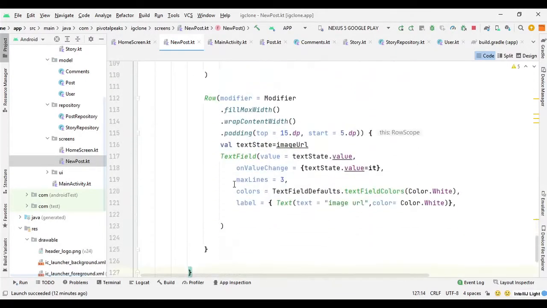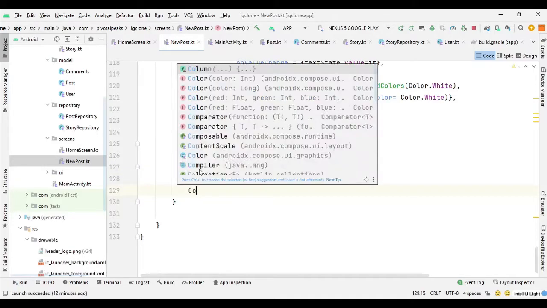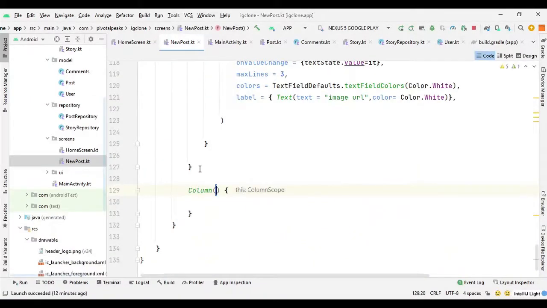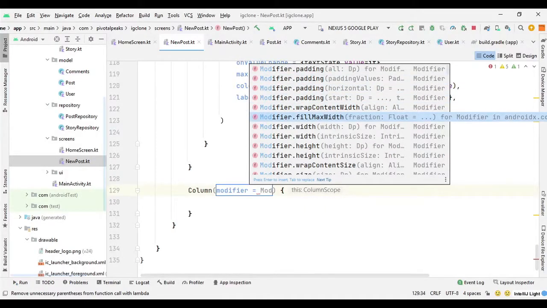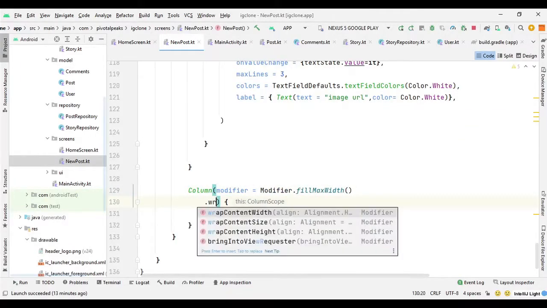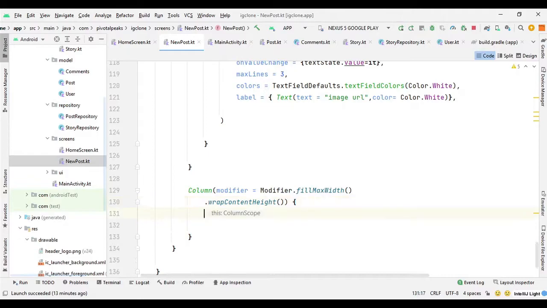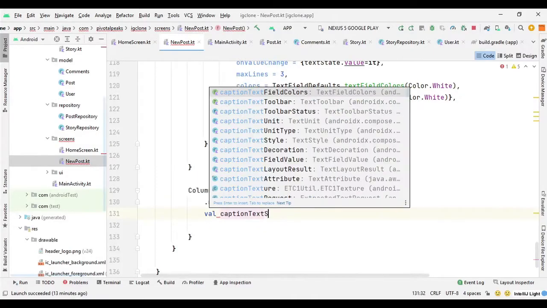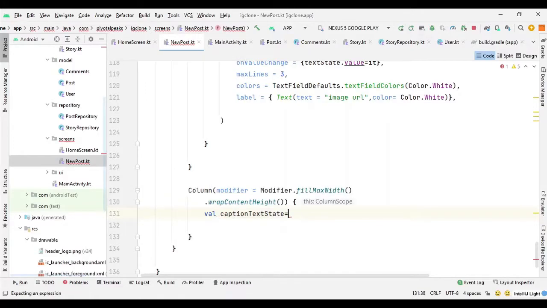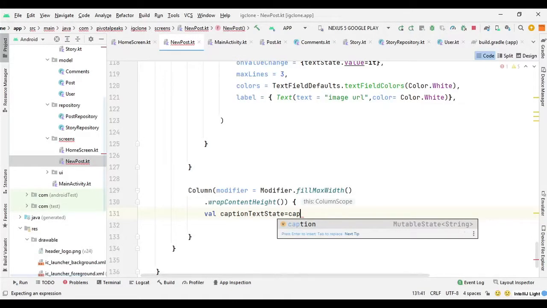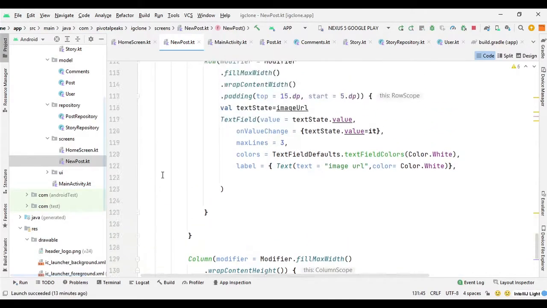So after this row, we can say column, and we can provide the modifier, same old technique, modifier dot fill max width, and then wrap content height. Then we can create a value for caption text state, and here we can say caption, let's call it caption only.